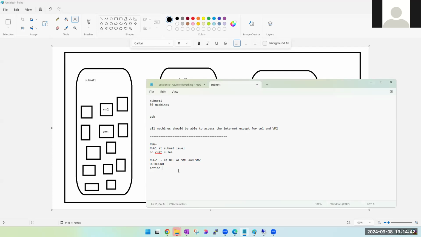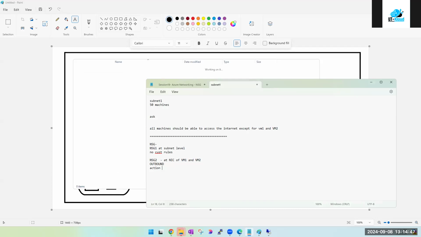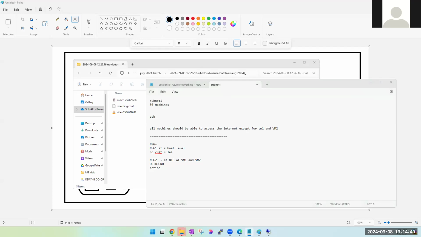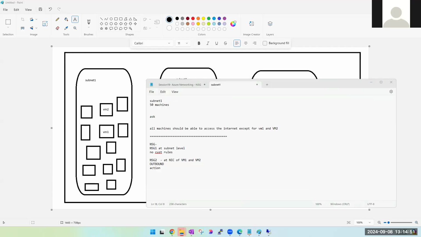Give me the number. What number will you use? Default rules are 65000 and above. We can use 4000, provided it is not being used already.